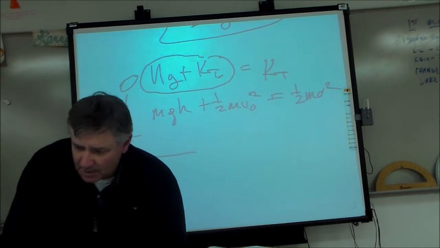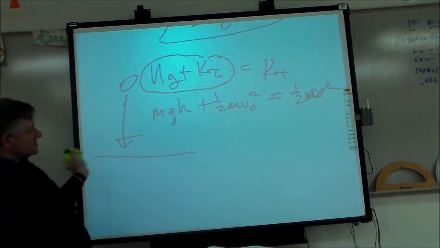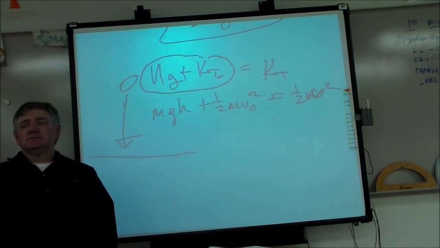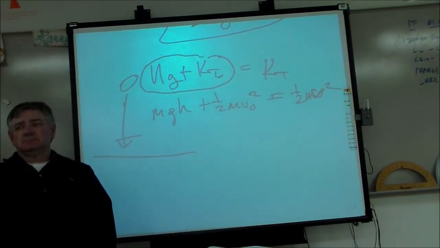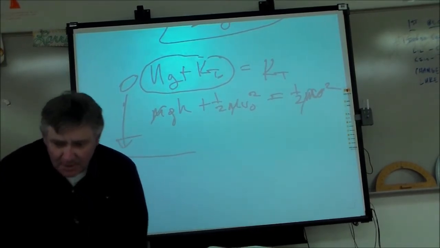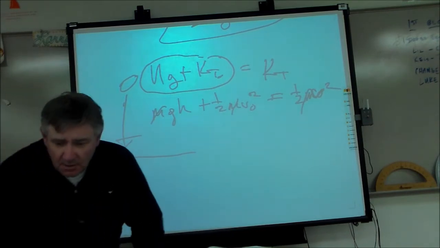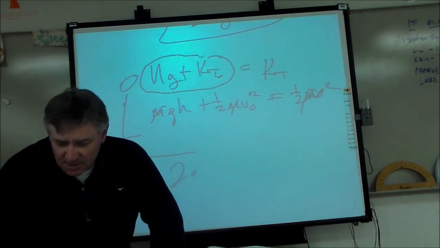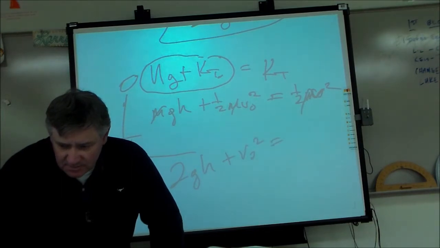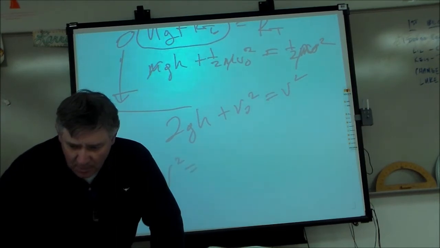Now here's the cool thing. Michael, what's going to happen to that mass? It's going to cancel out. All the masses go away. Now, since I hate fractions, what am I going to do at this point? Multiply by 2. So I'm going to get 2gh plus v naught squared equals v squared, which oddly enough is just nothing more than